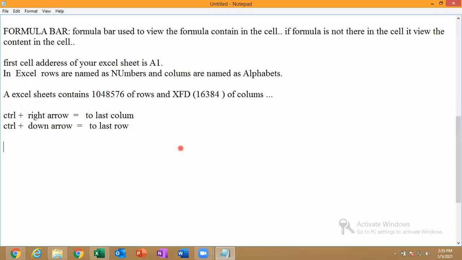After 2010 there is only one sheet by default.